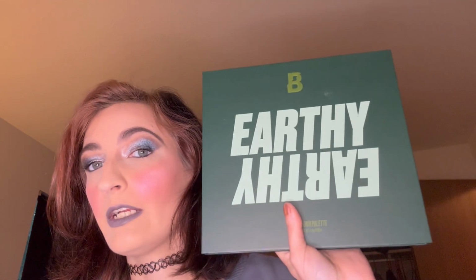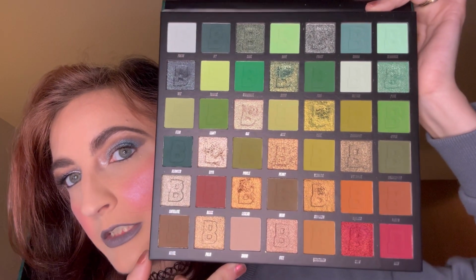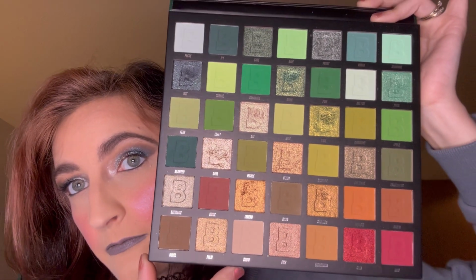Then we have Beauty Bay Earthy palette. This doesn't get used as much as the Midnight palette, but still a very good palette, and I won't ever let this go. Because I use...